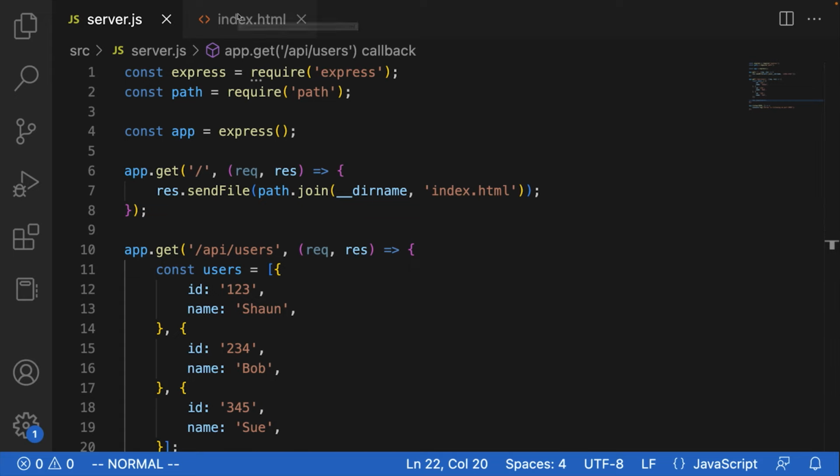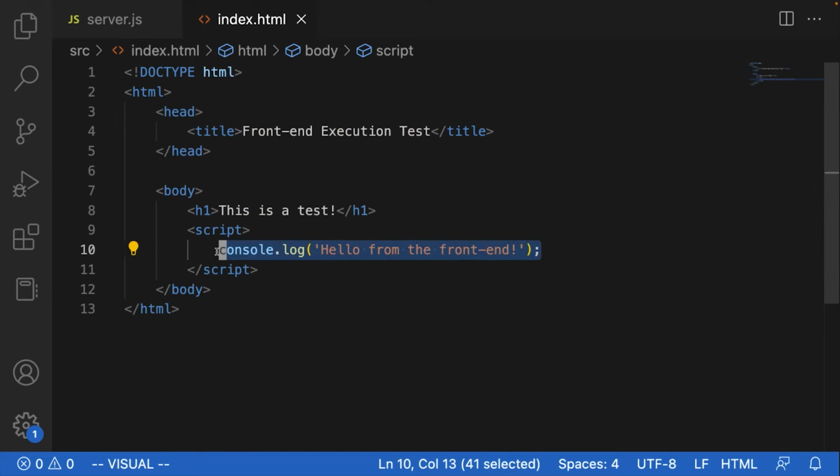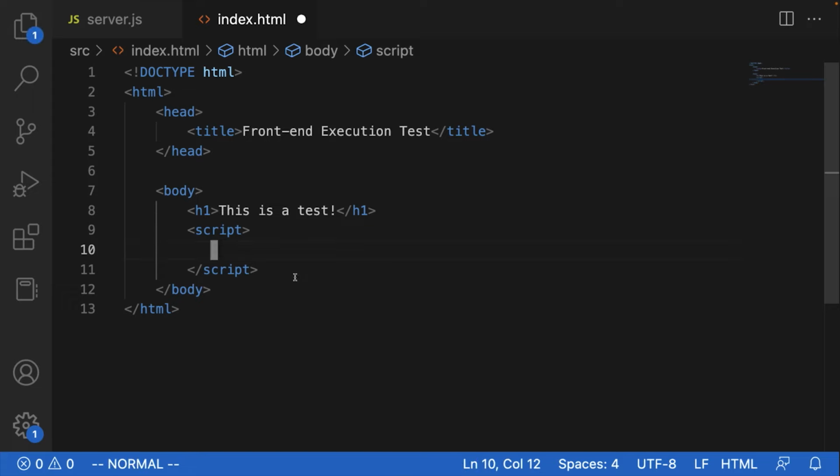Okay, so now that we have these two endpoints, what we're going to do is head over to the front end, and instead of just logging something out to the console directly, we're going to have our front-end code make a request to the back-end. Now, you might wonder how this is done programmatically. We were able to make a manual request just by entering a URL into the browser and hitting enter, but when we want our code to do it, there's a specific function that we're going to use most of the time on the front end,